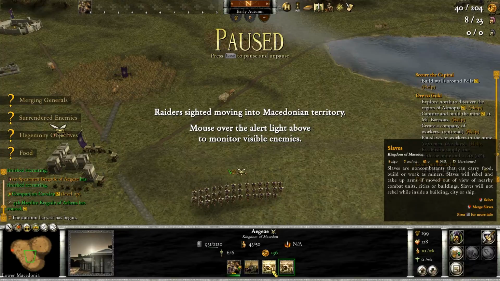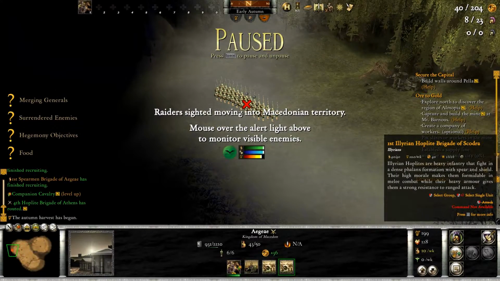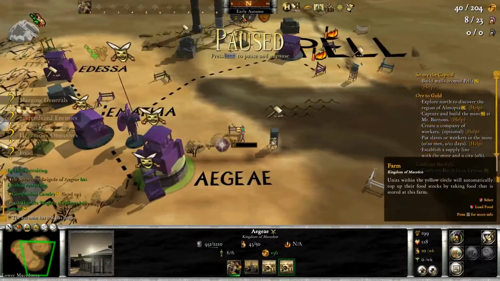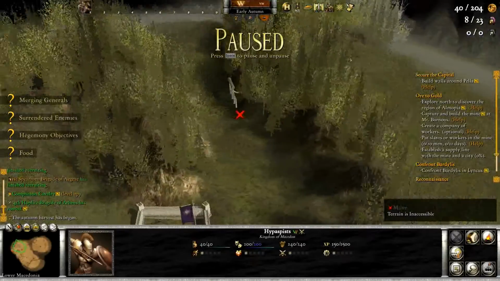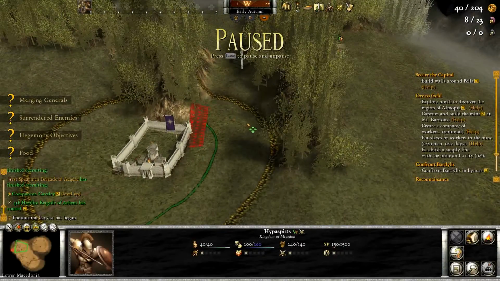Ooh, raiders sighted, moving into Macedonian territory. And let's see where they come from. Ooh, yeah, now we got the Illyrians on the move again. But at least I got these guys to defend. Now, as you can see here, this is a very narrow path here. So if I can get my units to...